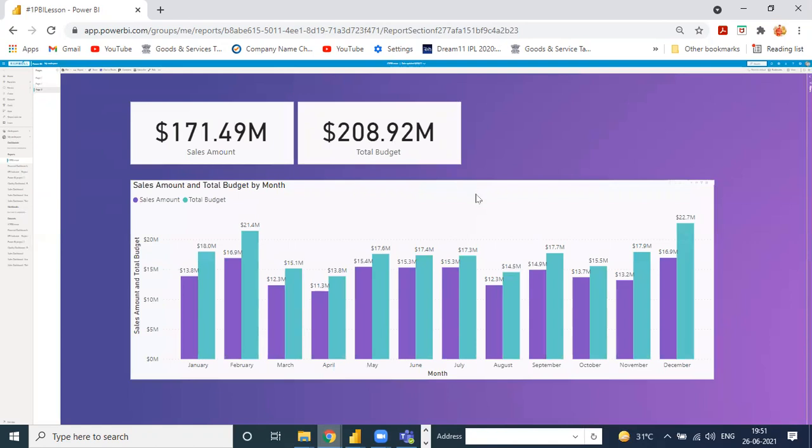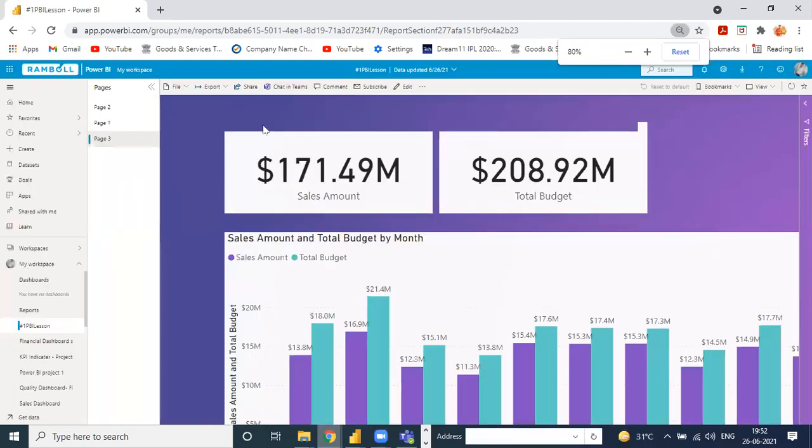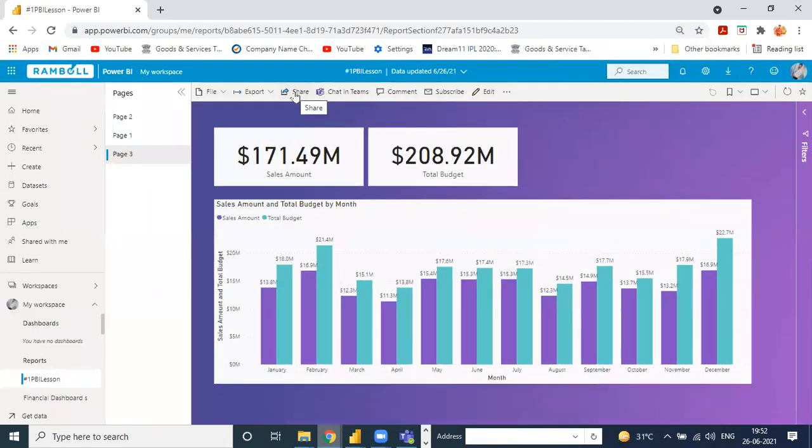See, it's published. So you can move your report into the Power BI service and it's published, and according to your data, you can share with someone like this. After that, we have one option, it's share. So you can share your report with those people you want to share.